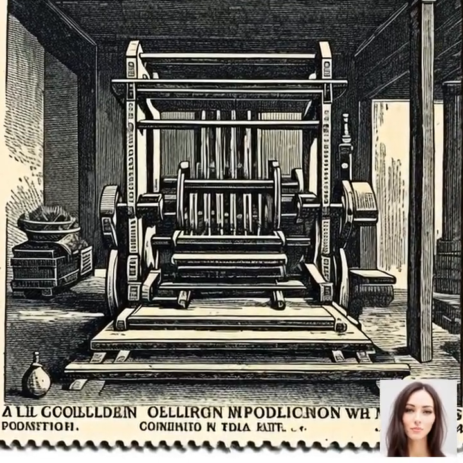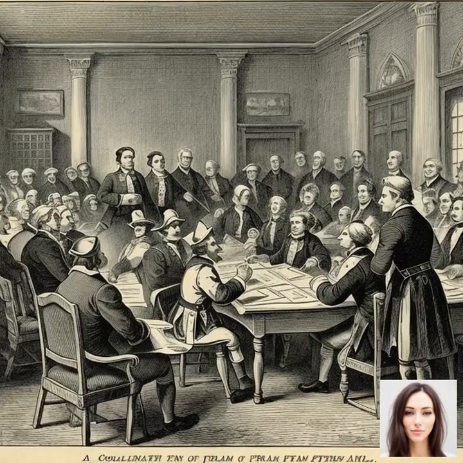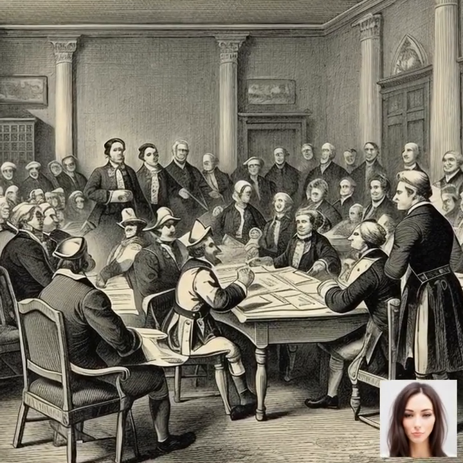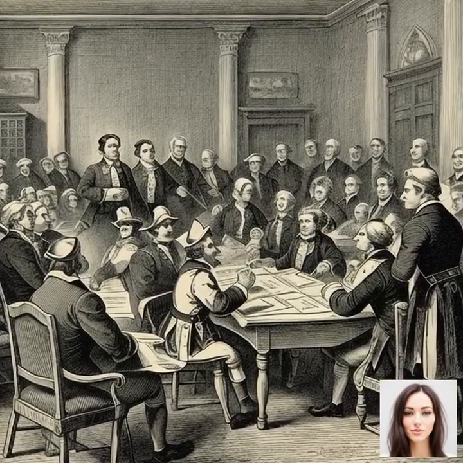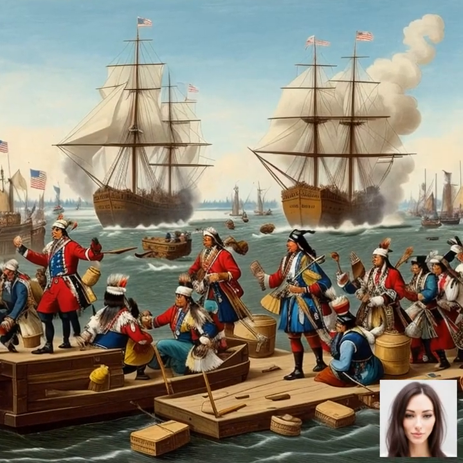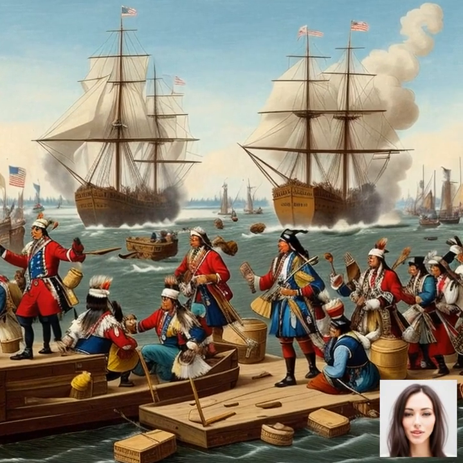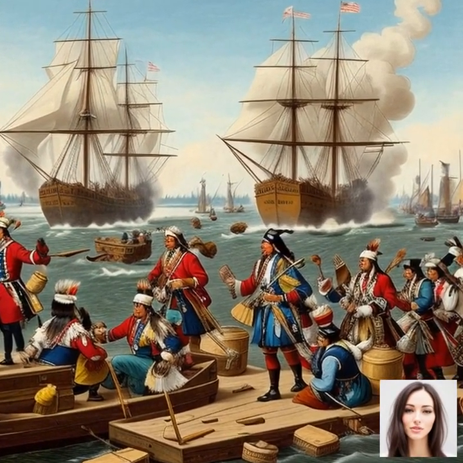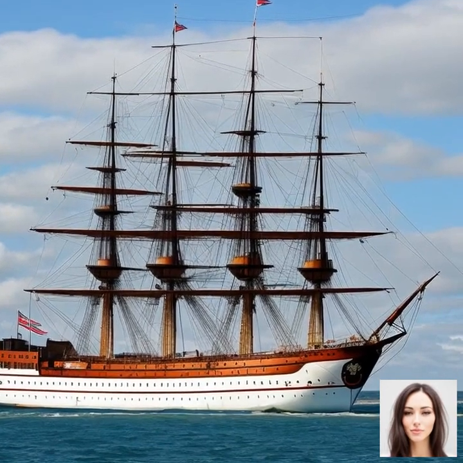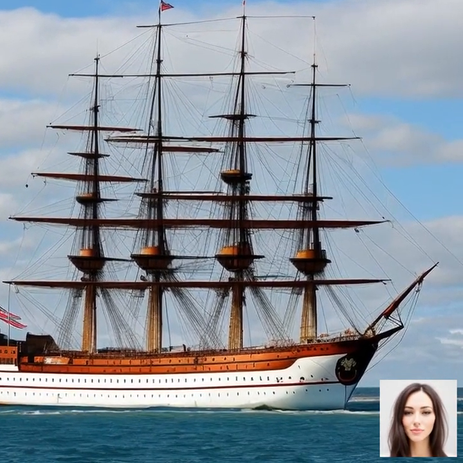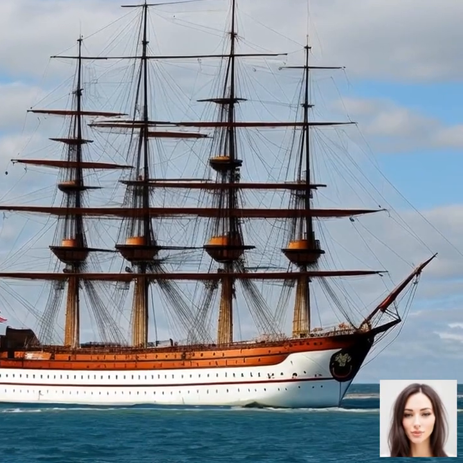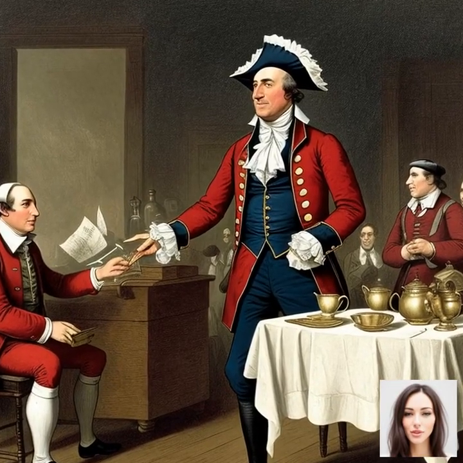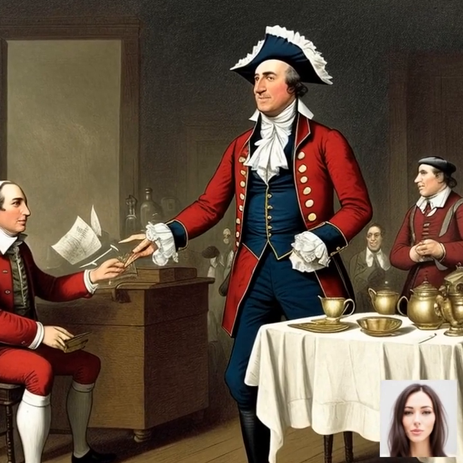First, we have to talk about the Stamp Act of 1765. This was a British law that imposed a direct tax on the American colonies, requiring them to pay for a stamp on various printed materials. The colonists were outraged, as they believed they were being unfairly taxed without any representation in the British Parliament. This led to widespread protests and boycotts of British goods, which marked the beginning of the colonists' fight for their